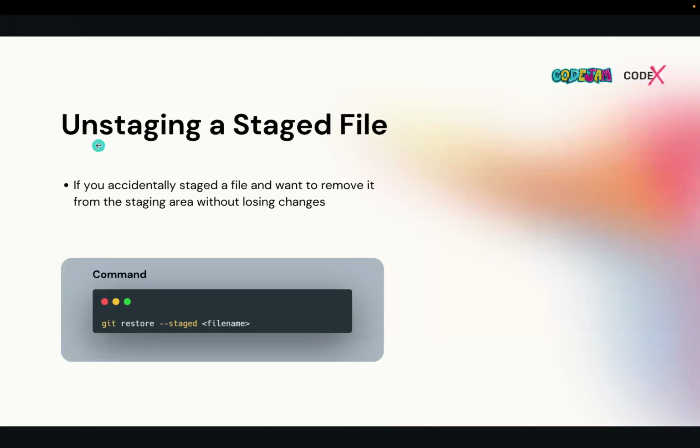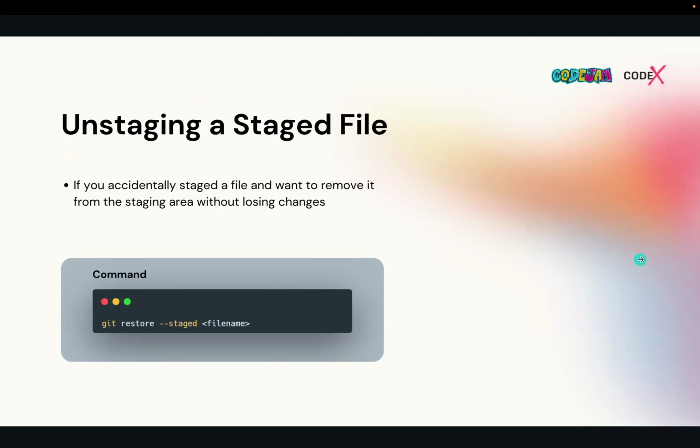Again, if you want to unstage the changes in the stage, you can use git restore with the --staged flag and the file name, and it will restore them from the stage to the unstaged level.